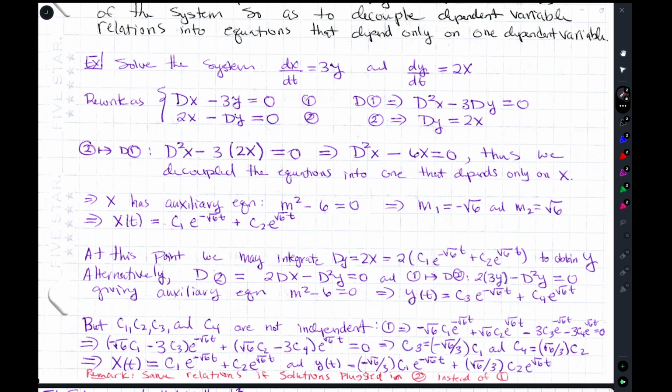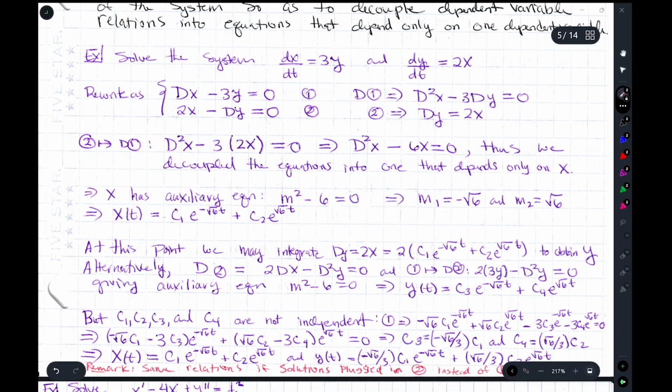This is a system, okay? Each of these solutions has to satisfy all of the equations, not just one. And so when we took linear combinations, okay, we lost some information when we decoupled. And now we're going to regain that information by plugging in our solutions